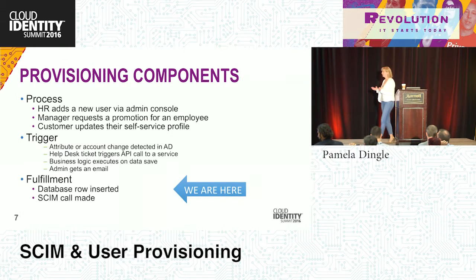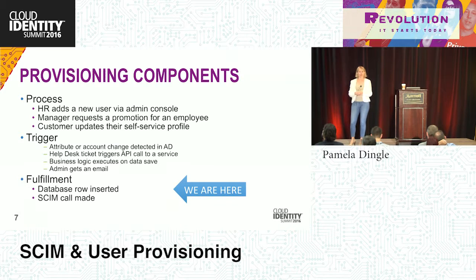So I just want to talk about some provisioning components, because again, we're narrowing down to SCIM. So this isn't meant to be a global, broad overview of the entire world. The way that most provisioning works is you have 3 pieces. You have a process which somehow changes the state of your organization or of your user. You have a trigger, and that trigger could be the act of making the change to the data. It could be something simpler like understanding that a change log has occurred or seeing an audit log. It could be a big red button that somebody's pushed. And then the last piece is fulfillment.